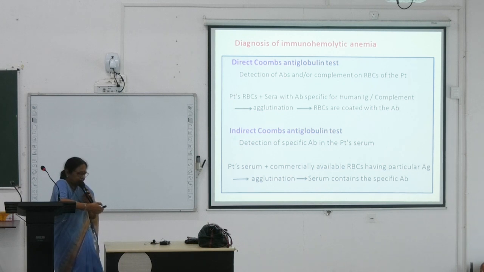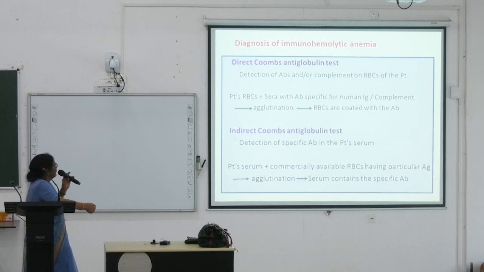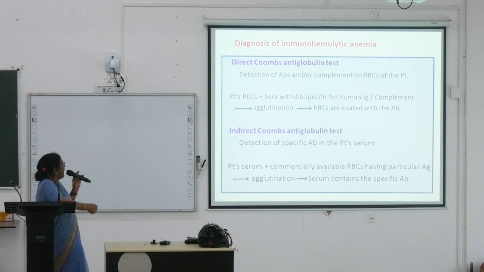So we have to detect whether these RBCs are coated by antibodies or by complement. It is the direct Coombs test. Now what we do? We take the patient's RBC and mix it with sera containing specific antibody for human